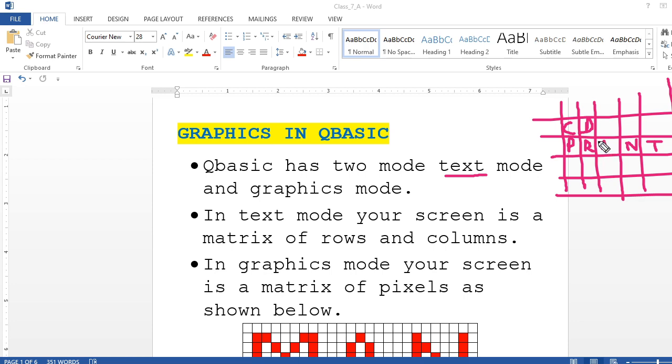Then in graphics mode, your screen will be divided into pixels, like this way, pixels.